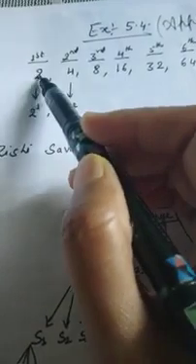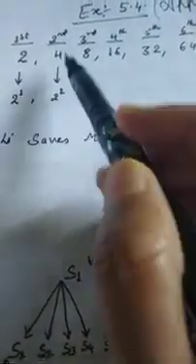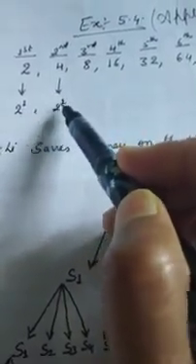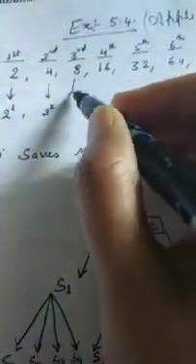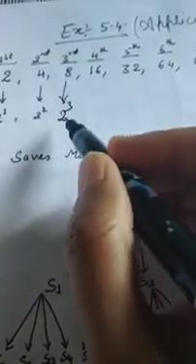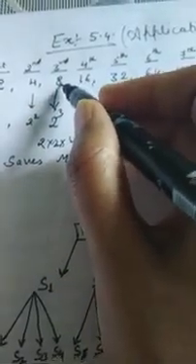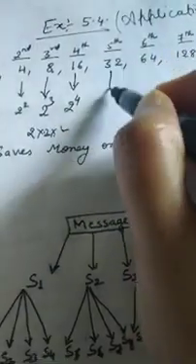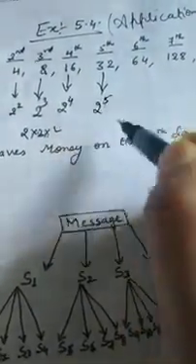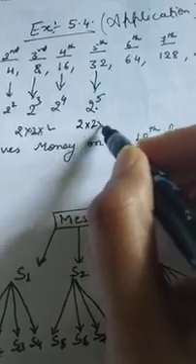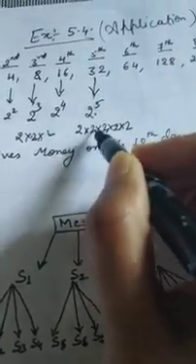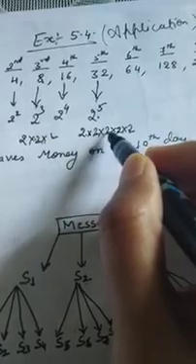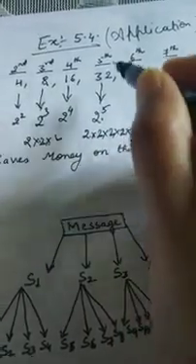So what is this actually? 2 means 2 to the power 1. 4, what we can write in the powers of 2? For 4, 2 to the power 2. For 8, what we can write? 2 to the power 3, means 2 into 2 into 2, that is 2 twos are 4, 4 twos are 8. For 16, we can write 2 to the power 4. For 32, we can write 2 to the power 5. You can see 2 into 2 into 2 into 2 into 2, 1, 2, 3, 4, 5. 2 twos are 4, 4 twos are 8, 8 twos are 16, 16 twos are 32.